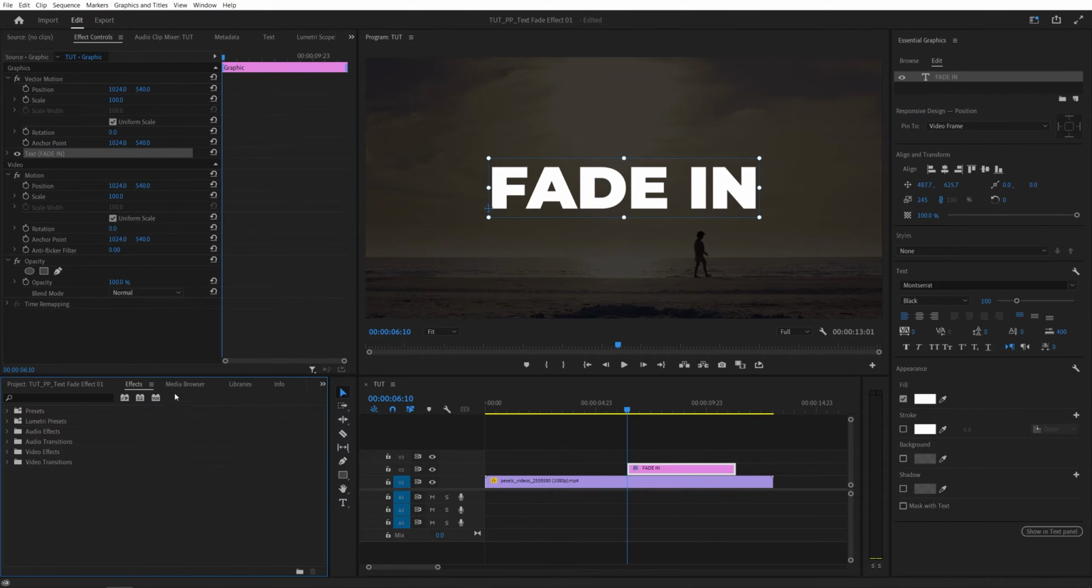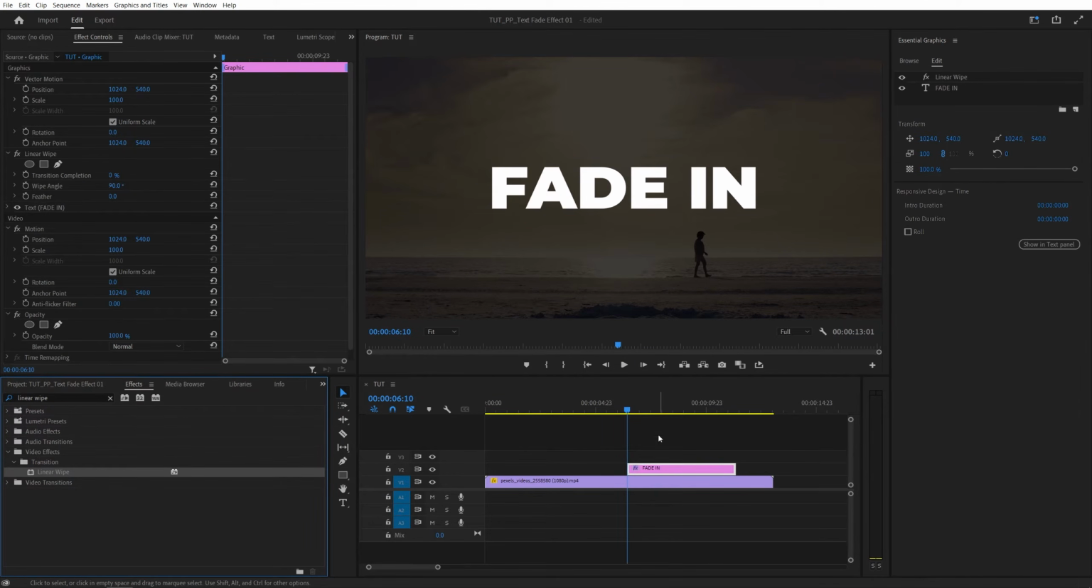Then open Effects window and search for Linear Wipe. Then drag the linear wipe to the text layer. Then head over to the Effect Controls panel, and under the linear wipe, we're going to create a keyframe for transition completion by clicking on a stopwatch, and do this at the start of the text layer, and then start